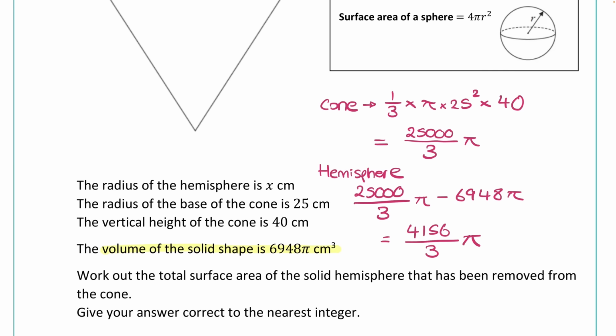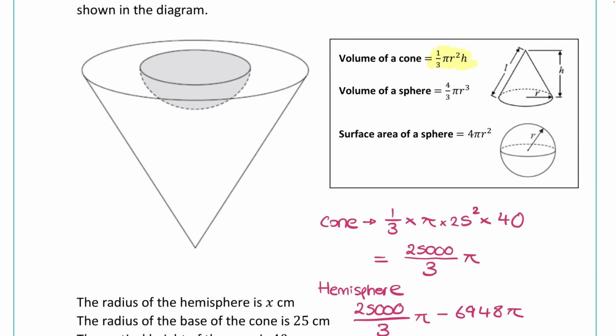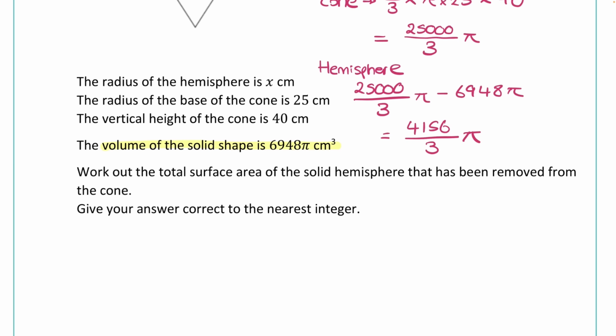So if that's the volume of the hemisphere, then we could look at the volume of a sphere formula and we can set these equal to each other. We just need to watch out because this is for a whole sphere. So we would want to divide that by 2 or times it by a half for a hemisphere, which would give us 2/3 pi r cubed. Very nice to change that into a hemisphere formula, but it's 2/3 pi r cubed, which will be equal to this. So 2/3 pi r cubed is equal to